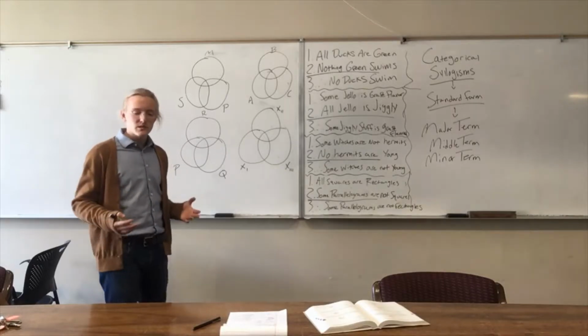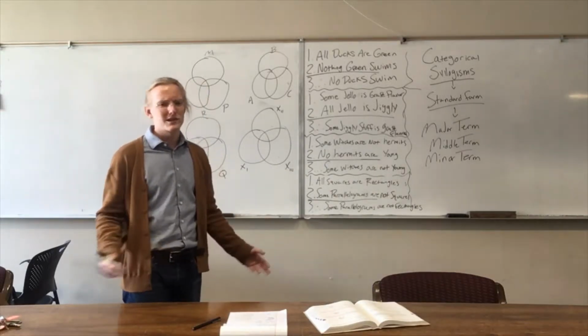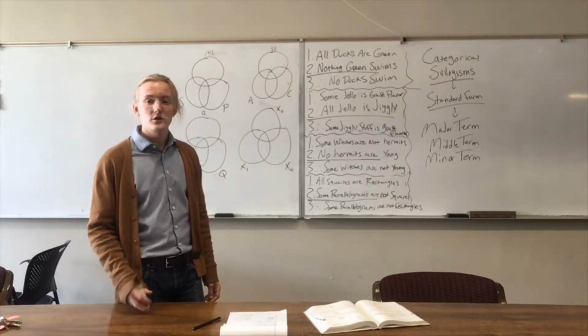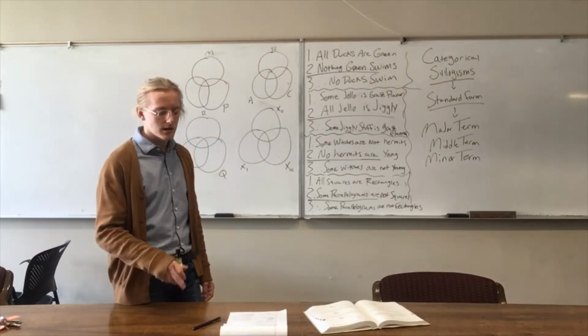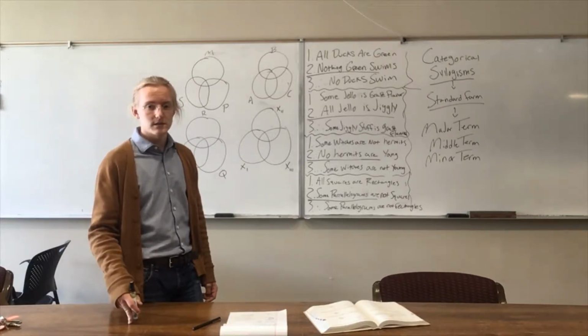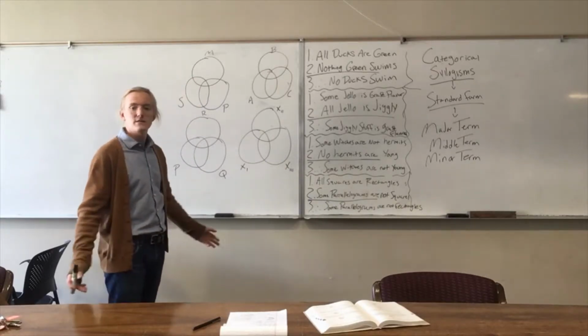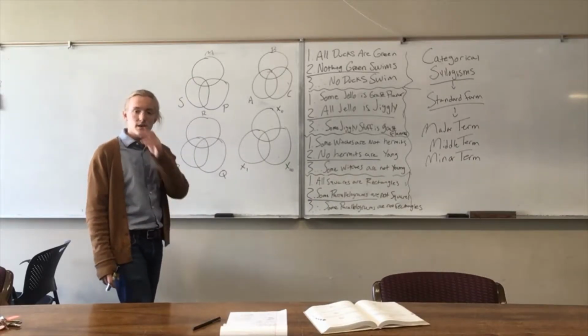But it's not important that the variable be any particular letter or number or symbol, just so long as it's consistent, just so long as the variable that you pick always attaches itself to the same term. So this is just to show that we can attach any variable to any term just so long as we're